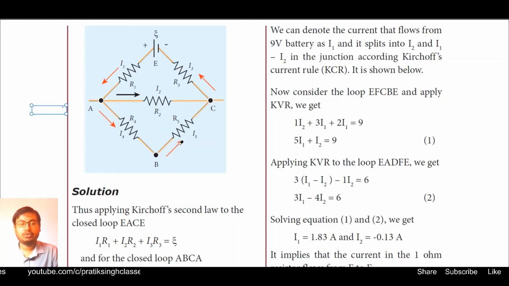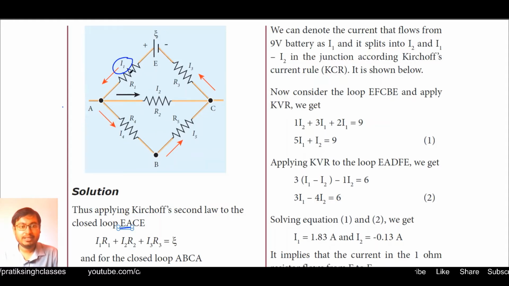Whenever you have to find out the flow of current, in that situation always start from the positive terminal of the battery in the outward direction. That is the conventional direction of flow of current. It is not the flow of charges. Always mind that it is the flow of current. So here the direction of the loop is starting from E to A, as given here. From E to A, this is the direction of the loop, and also this is the direction of flow of current. So both are positive, meaning both are in the same direction.